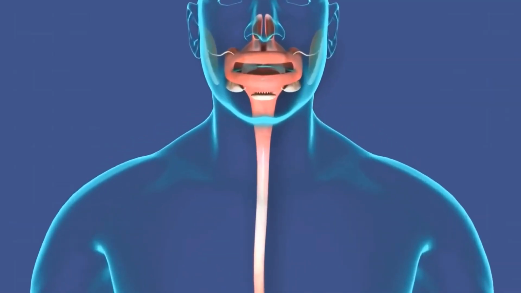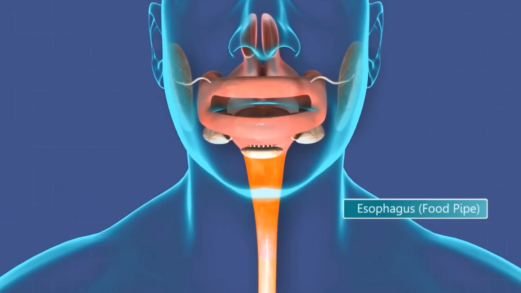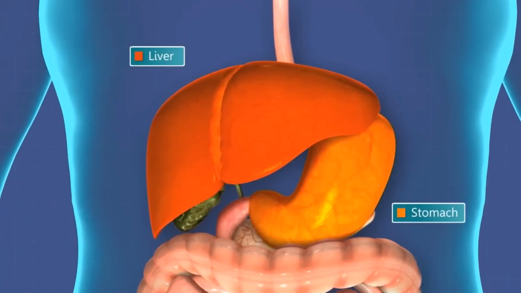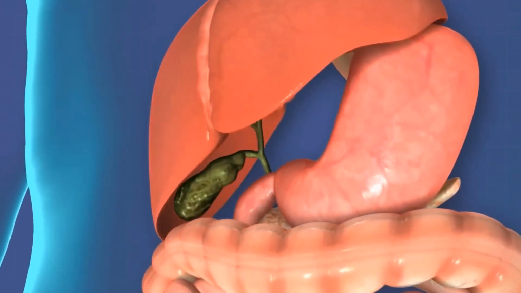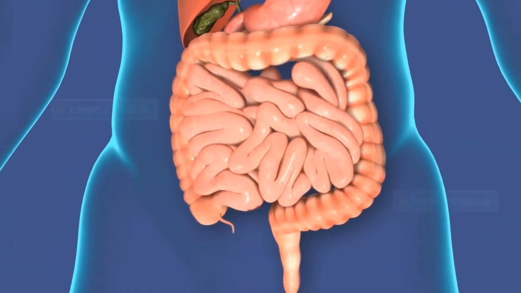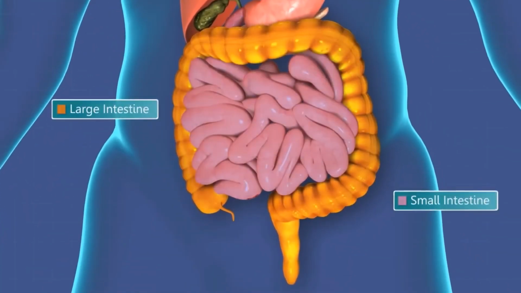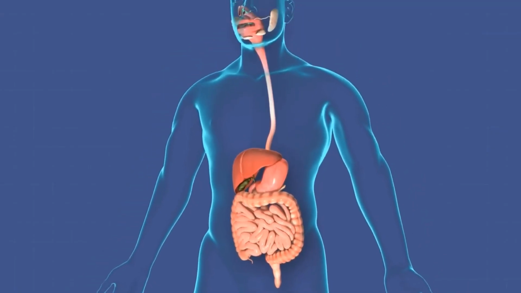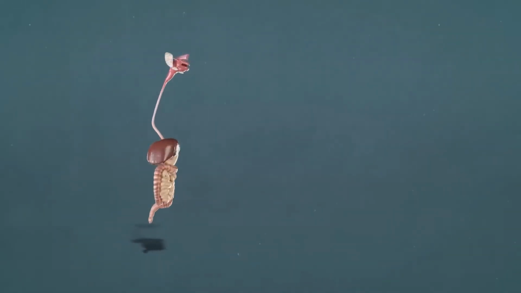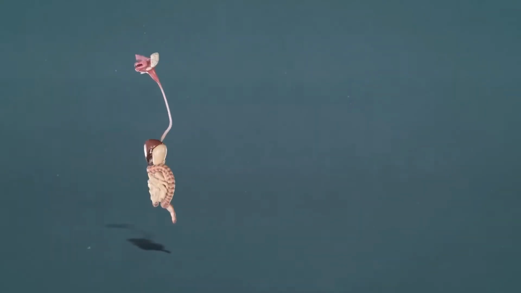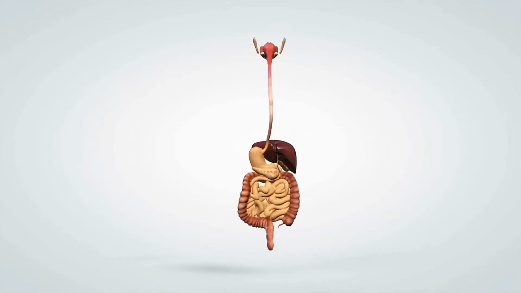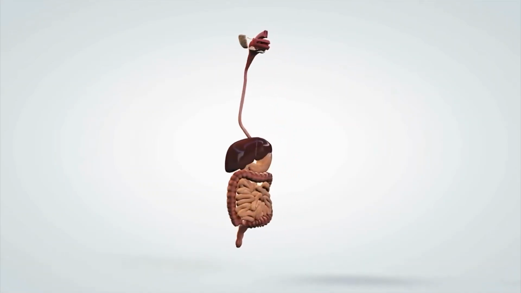Esophagus. The esophagus is a muscular tube that connects the mouth to the stomach. It is responsible for transporting food from the mouth to the stomach using a series of muscular contractions, known as peristalsis. The esophagus also has a ring-like muscle at the top, known as the upper esophageal sphincter, which helps to keep food and stomach acid from flowing back into the esophagus. This muscle relaxes to allow food to pass through and then tightens to prevent the backflow of stomach contents. The esophagus also has a lower esophageal sphincter, which is located at the bottom and separates the esophagus from the